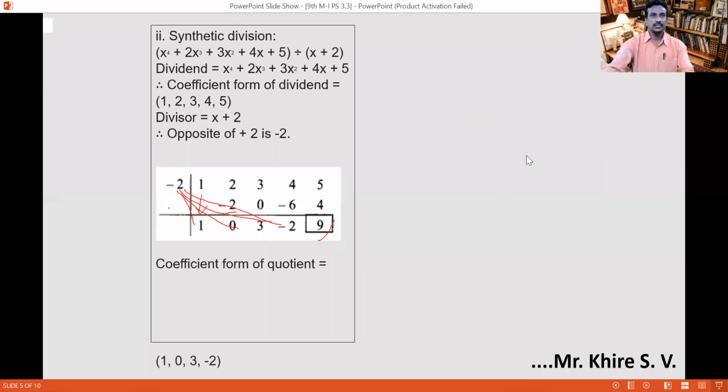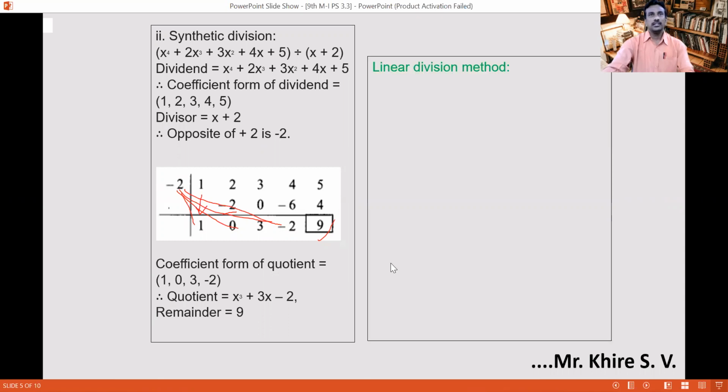Therefore, we can write it by using the variable in the example, that is x. X is there, therefore 1, 2, 3, 4, 4 numbers, 4 coefficients are there. 4 minus 1 is 3. 3 is the highest power of variable x. Therefore, first term x cube, then 0x square plus 3x minus 2. 0x square will be neglected from the polynomial, therefore x cube plus 3x minus 2 is the quotient of the division. And the remainder is 9, the last number, which is written in the box. Make it a box, which is the remainder. Got it?